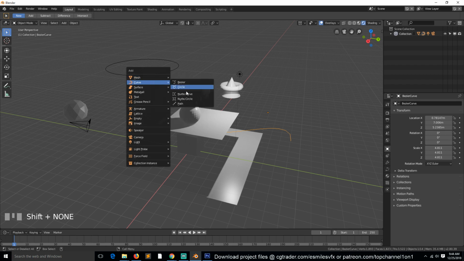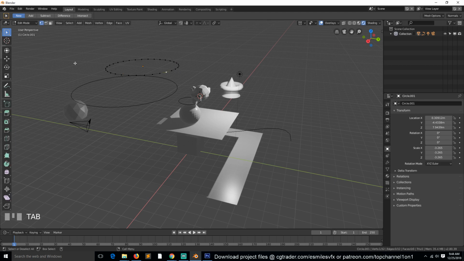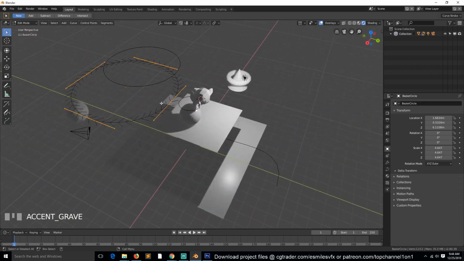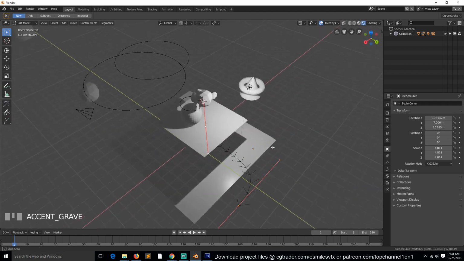And if we go to curve, we can see we also have a different curve here. You see, this is a curve in the mesh object. And if we go to edit mode, you can see the different control points. If we go to the curve in the curve object, you see the different control points. The control points are different, but they are the same for this